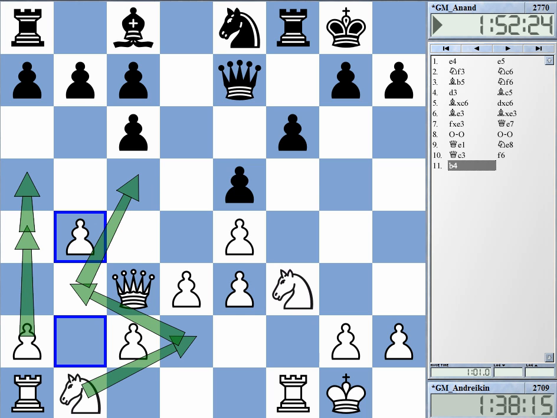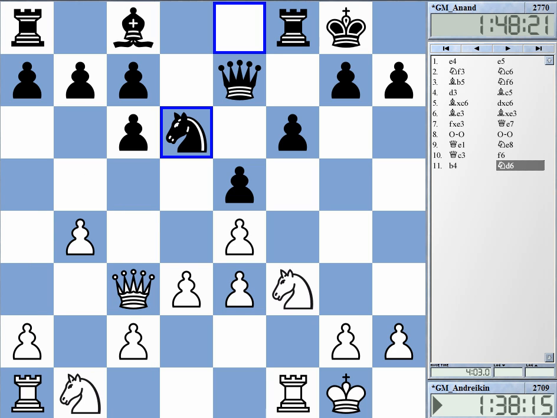Yeah, ideas like that might come into play. The knight over to c5 or c4 at the right moment. And yeah, it's a decent plan. Knight d6, very understandable. The knight needs to get back into play, and it's a good position on d6, I